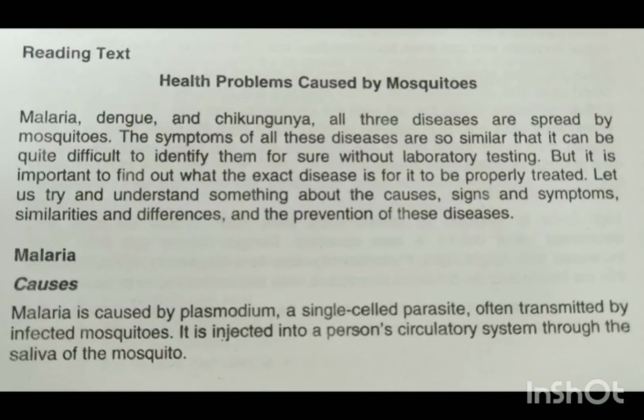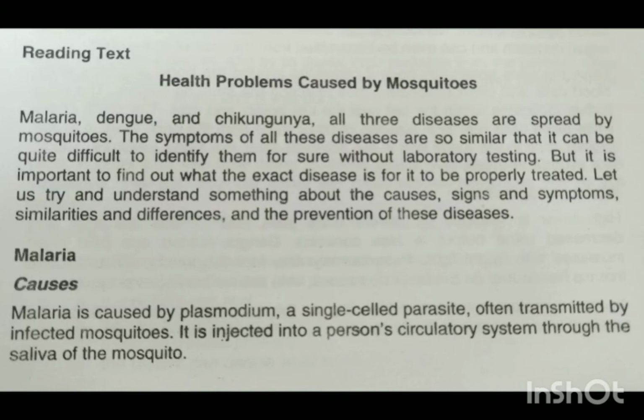Students, today we are going to start the 4th unit, that is health problems caused by mosquitoes. Malaria, dengue and chikungunya. All 3 diseases are spread by mosquitoes. The symptoms of all these diseases are so similar that it can be quite difficult to identify them for sure without laboratory testing. But it is important to find out what the exact disease is for it to be properly